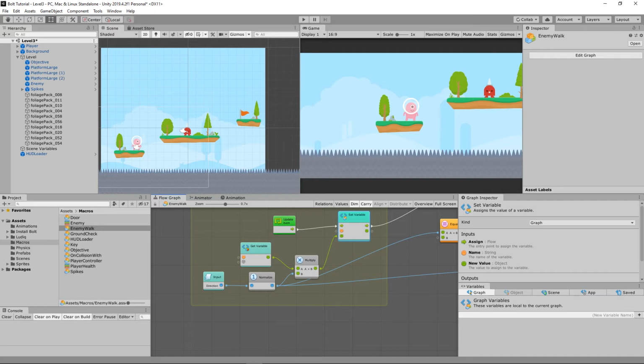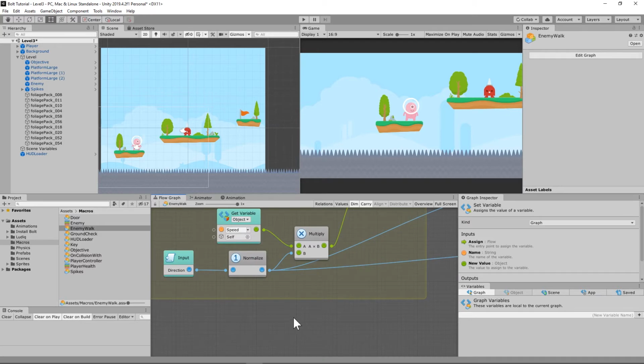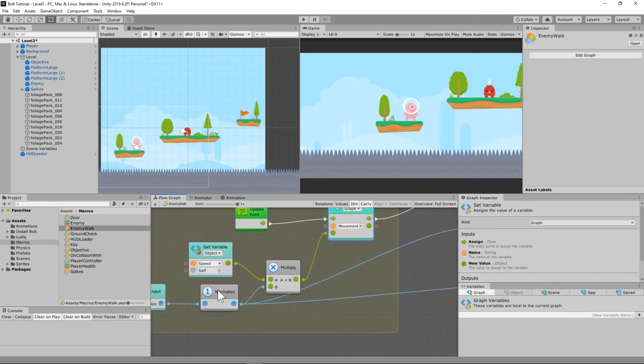Okay, so we want it to stay at 1. We don't want it to go above 1, because we don't want whatever direction it's traveling in, let's say it's traveling at 3 units per second, to be multiplied times the speed. So what it's doing here is using this normalize to reset everything